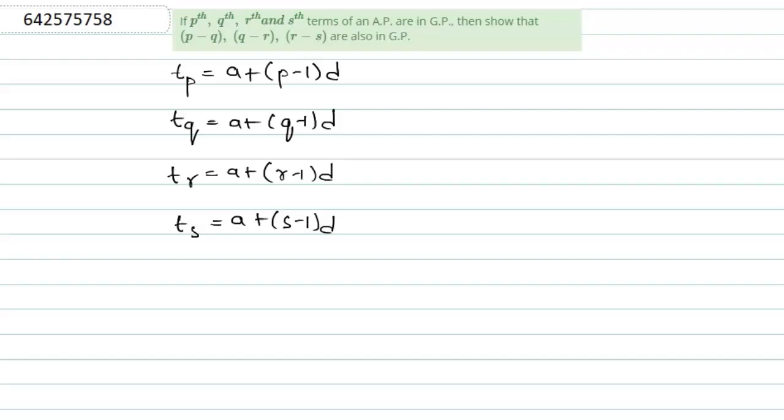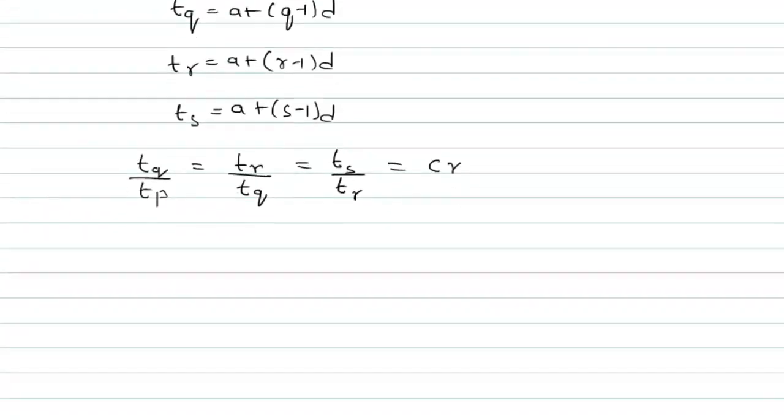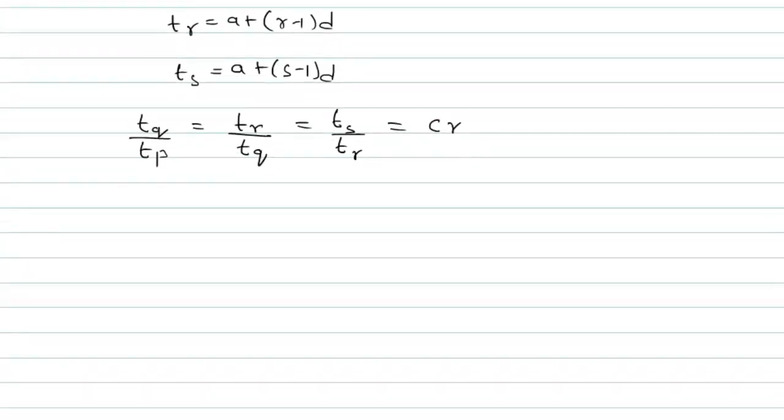So we can say that TQ upon TP will be equal to TR upon TQ will be equal to TS upon TR, as all of them will be equal to the common ratio. These ratios which we have written here will be equal to the common ratio of the required GP. Now, using the first two relations, that TQ upon TP is equal to TR upon TQ,